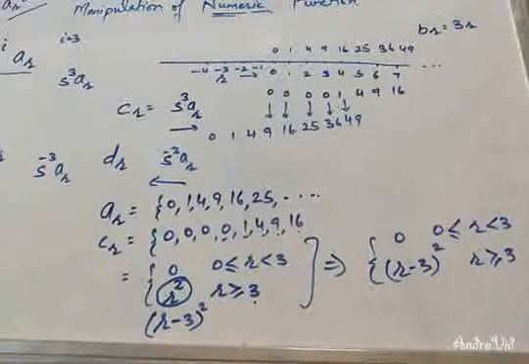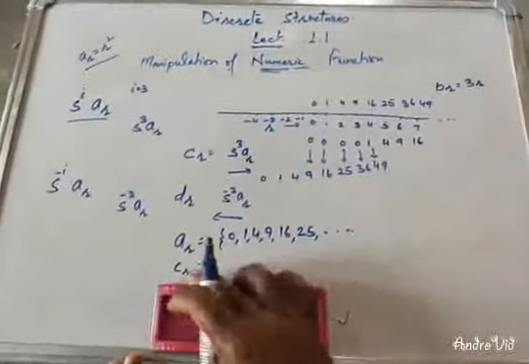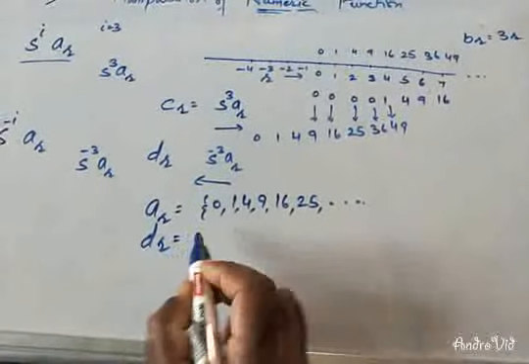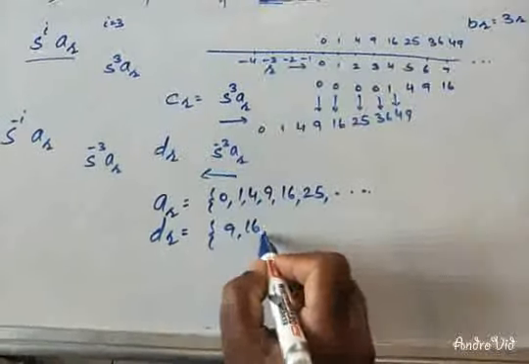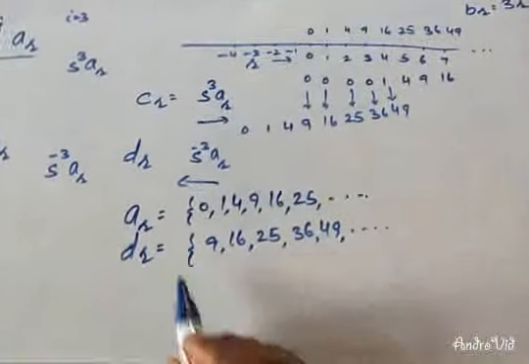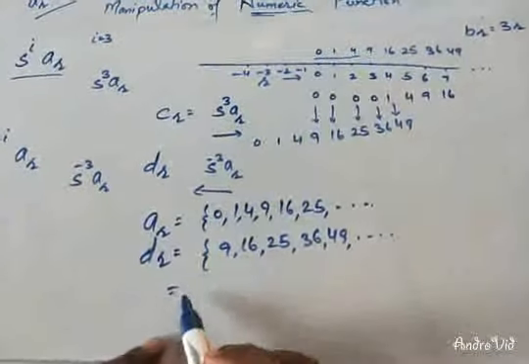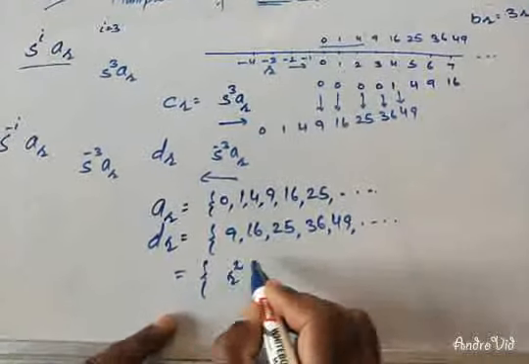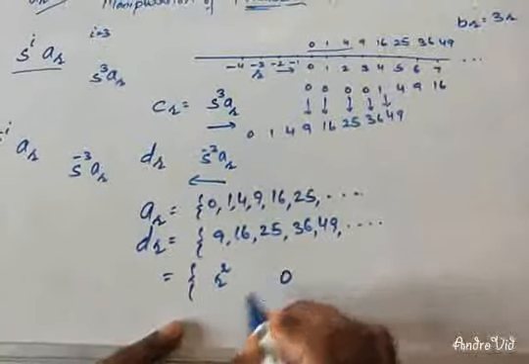Similarly, we will be studying the values of DR. DR is negative shifted function. So DR will be having values, initial value is 9, 16, 25, 36, 49 and so on. So initial 3 values of the function AR are removed, these 3 values, and function starts from 9 directly. So this is basically R square, but R square of value 3. So function starts from